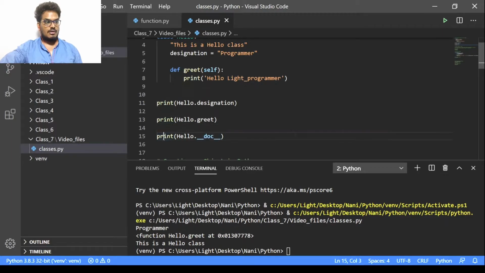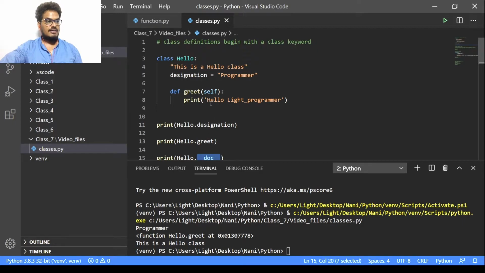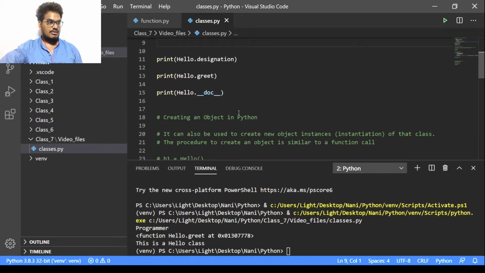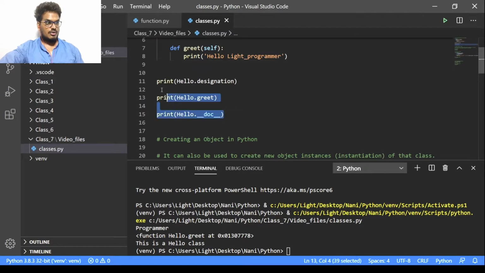So if you print Hello dot underscore underscore doc, it's a built-in attribute. If you call that, it will print whatever string you have designed over here, meaning you can give an overview of what it is going to do. All right, and then we are going to go to